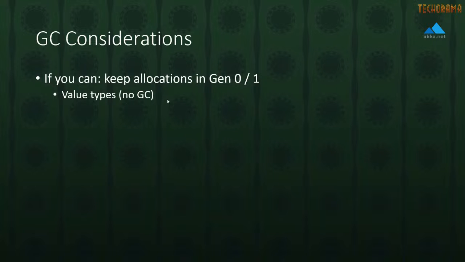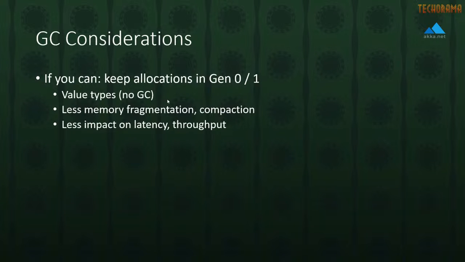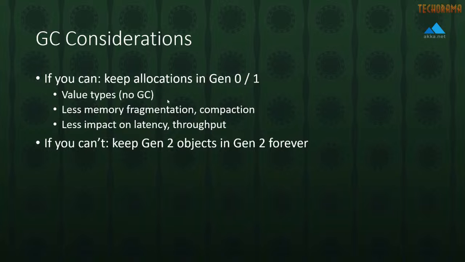But you can also try to eliminate Gen 0 and Gen 1 allocations as well by using, for instance, structs instead of classes. You can also make sure you only declare your reference types in a very narrow scope so you can guarantee they make it into the lower generations of garbage collection. Now, on the flip side, if you aren't able to avoid Gen 2 garbage collection, the other strategy you can use is to minimize the impact of the actual garbage collection operation, pausing your application in order to free up memory and to compact it.